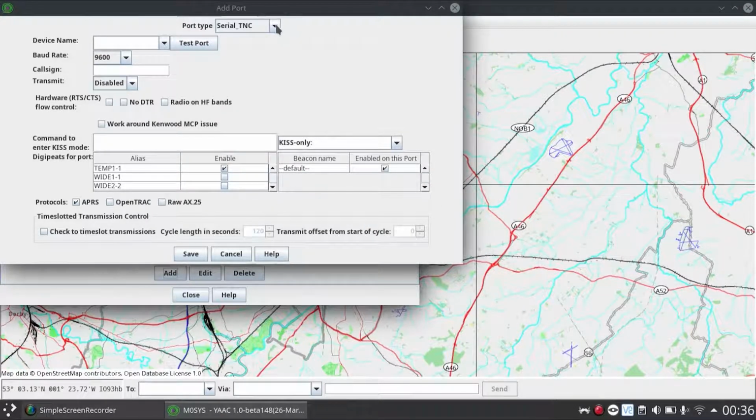So port type serial TNC from the list, device name, this would be the USB 0 typed in here, so it'll be dev TTY USB 0, or whichever port yours happens to be on. Baud rate 9600, call sign